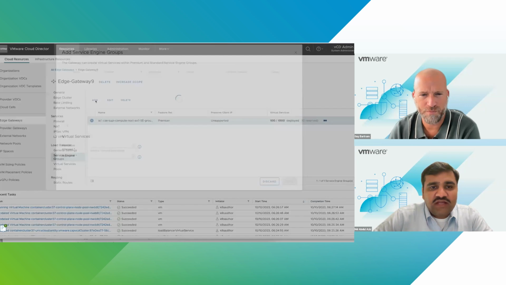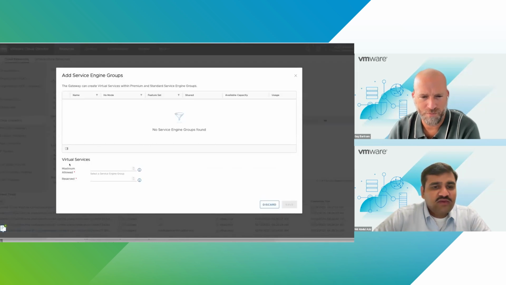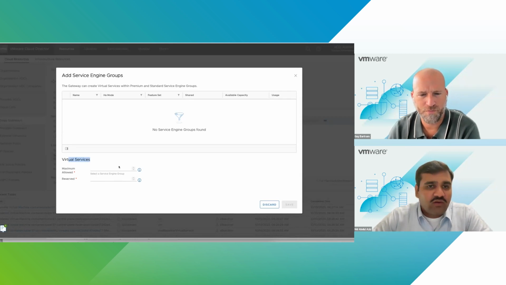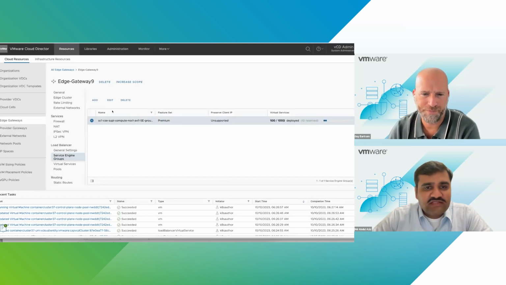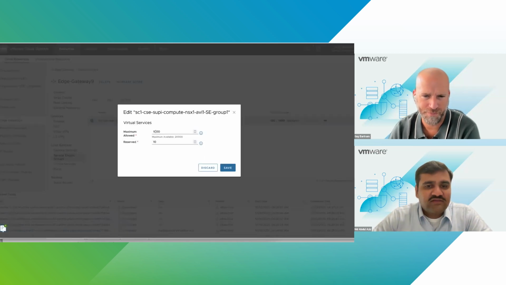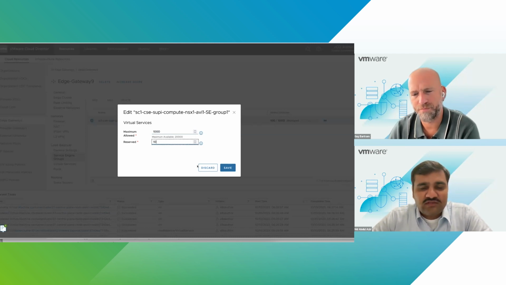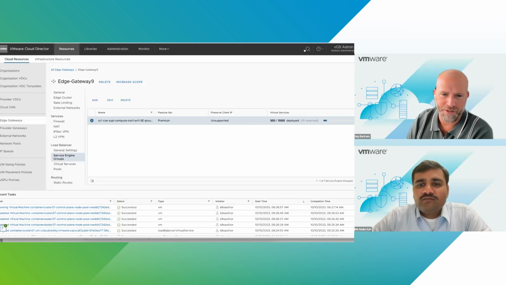So let's suppose here, this is where you can say what are the maximum allowed and what you want to reserve for a particular tenant. You can set all those things here. So for this tenant, this service engine group, we have set it as 1,000 and reserved 10. So at minimum, everybody gets 10 virtual services to be created on the service engine group. Okay. So it's like your basic get-you-started job. Okay.